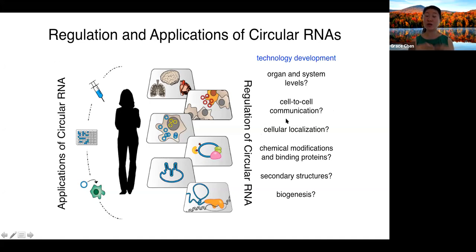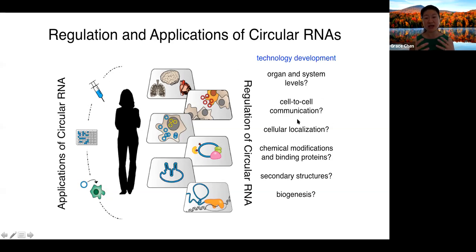We want to know, what is the cellular trafficking of circular RNAs? As far as we know, they're spliced in the nucleus, and then they go into the cytoplasm, and they predominantly reside there. But the cytoplasm is a large space, and there are so many different organelles, and we know that the microenvironment of an RNA or a protein greatly affects its function. So we want to establish an atlas of how circular RNAs move throughout the cell. And also, coming back to a question that was raised earlier, how are they degraded?